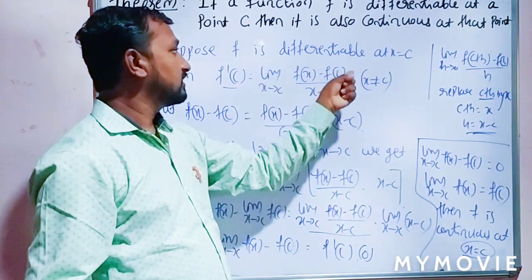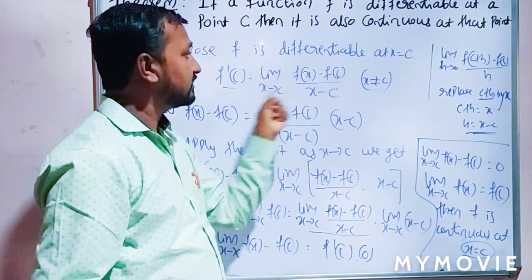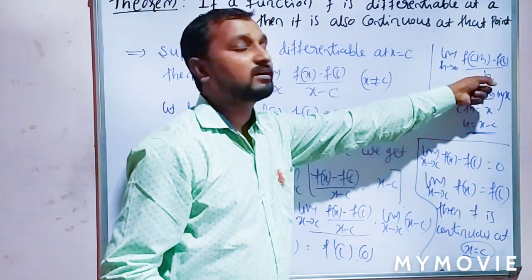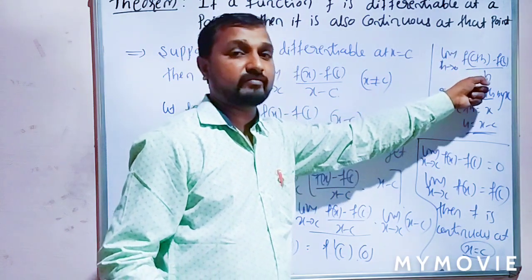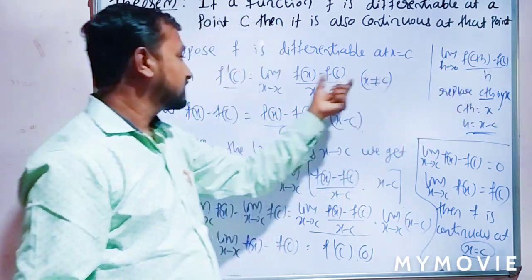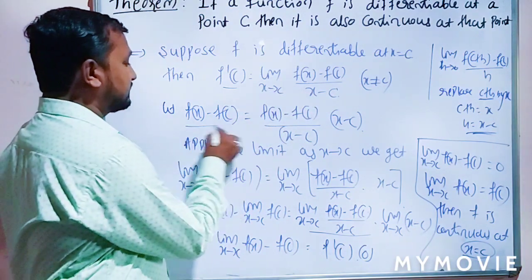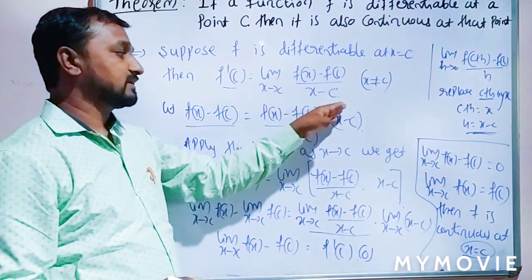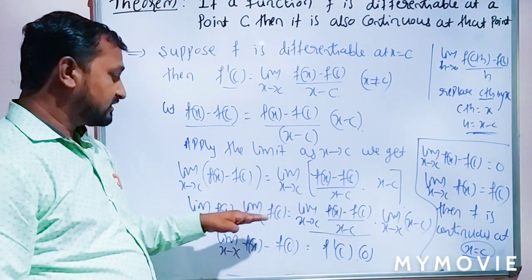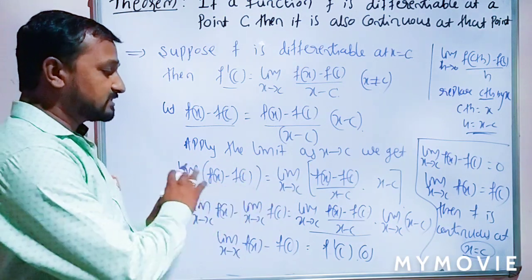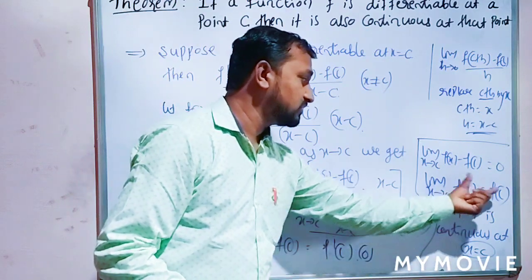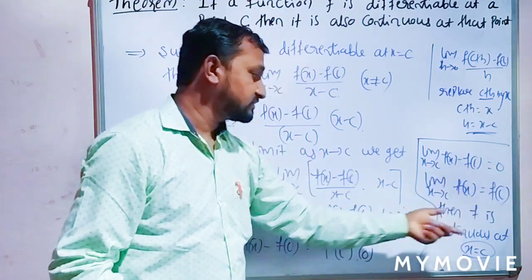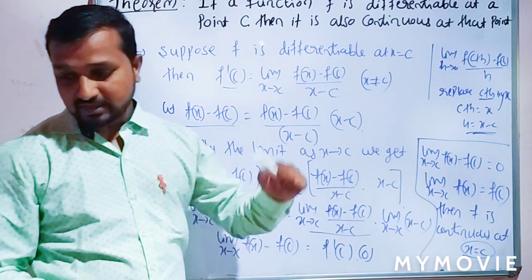This formula is derived from the definition of the derivative at the particular point x equal to c. Is that clear? By using this, I can take f of x minus f of c, make a small adjustment, then apply the limit, and by using algebra of limits and simplifying this step, we get the final answer. So the limit function is equal to the constant function, thus the function is continuous. Okay, right on this example.